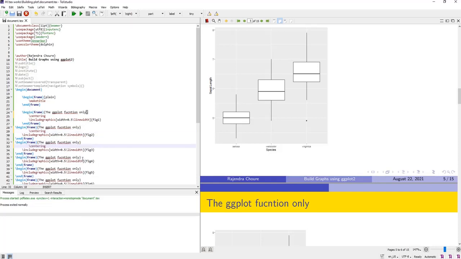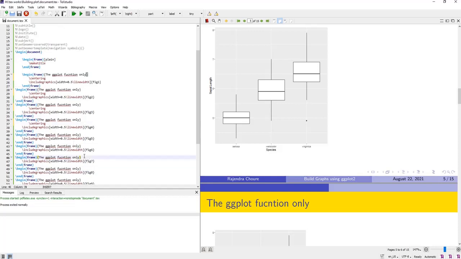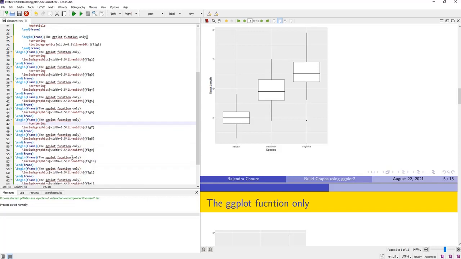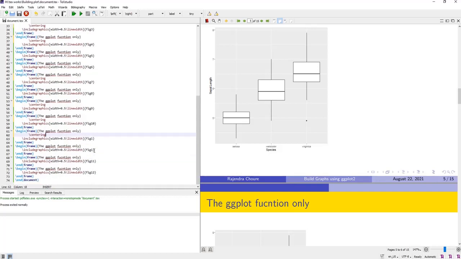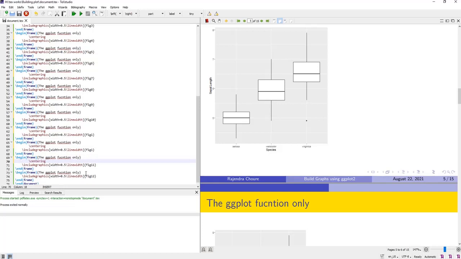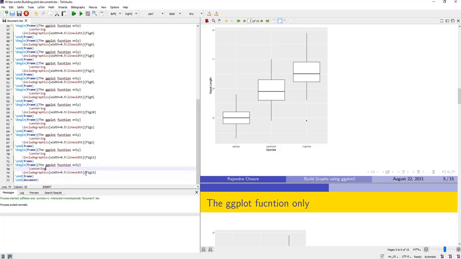I could have done this with the first slide only. It would have saved me much time. After each begin frame, we have to put that centering so that that figure will come to the center of the slide. Everywhere we have done that, and again we'll compile.